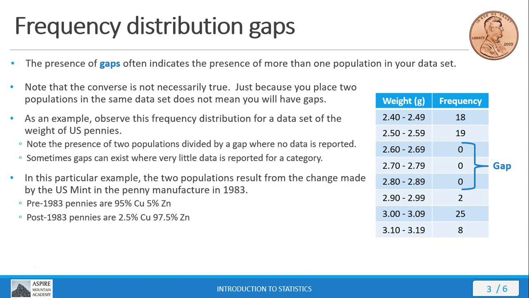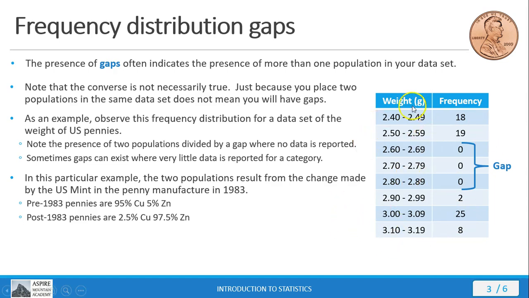Now, in this example here, you've got two different populations because there was a change made in how the U.S. Mint manufactured pennies. This change occurred in 1983. So if your penny was manufactured before 1983, then your penny was composed of 95% copper and 5% zinc. But after 1983, pennies began to be made with 2.5% copper and 97.5% zinc. Zinc, being a less dense metal than copper, is much lighter than copper, and so the pennies that we see up top